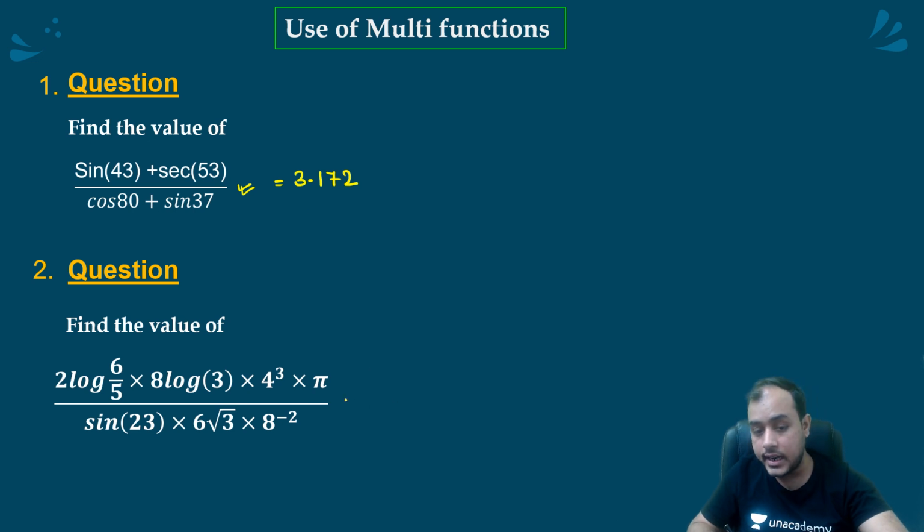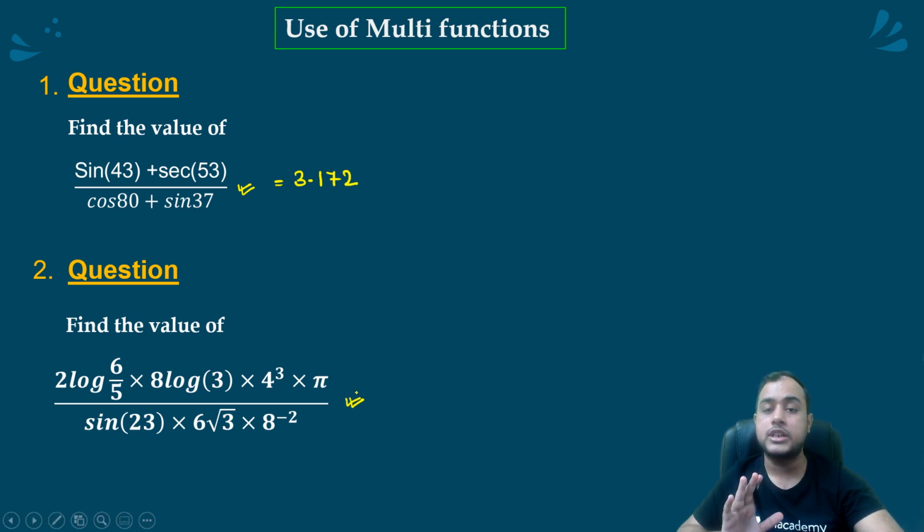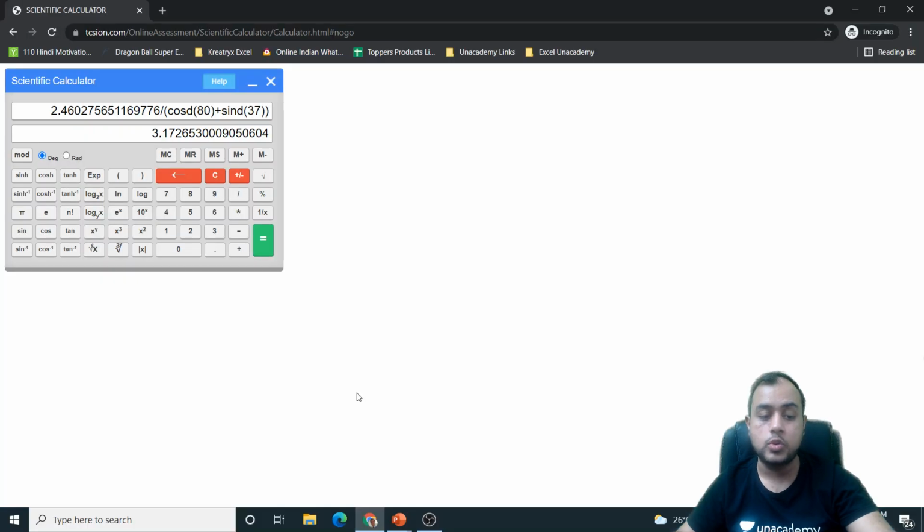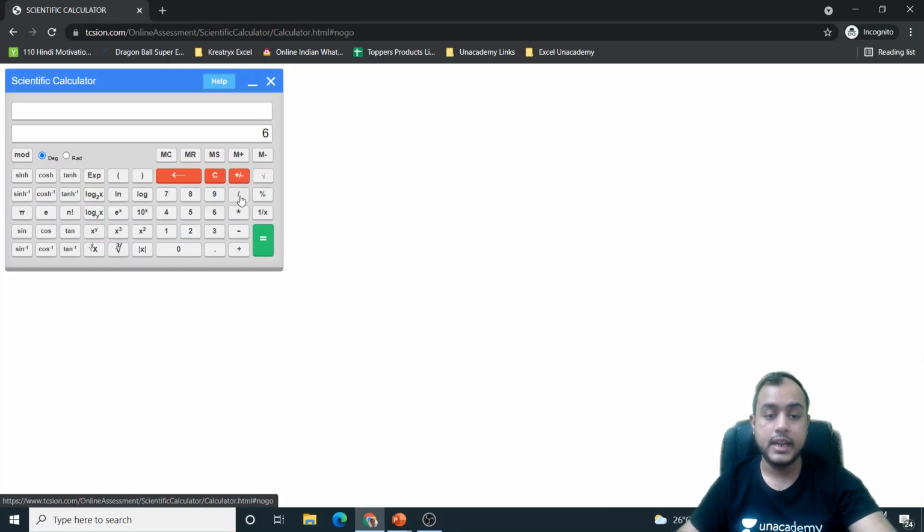Okay. Similarly, let's try this. I won't be using the memory function; I'll be using the bracket part. 2 log 6 by 5. Let me write 6 by 5. I'll take log, into 2, then into 8 log 3, into 3 log, into 8, into 4 cube, into pi. This is the value of the numerator,